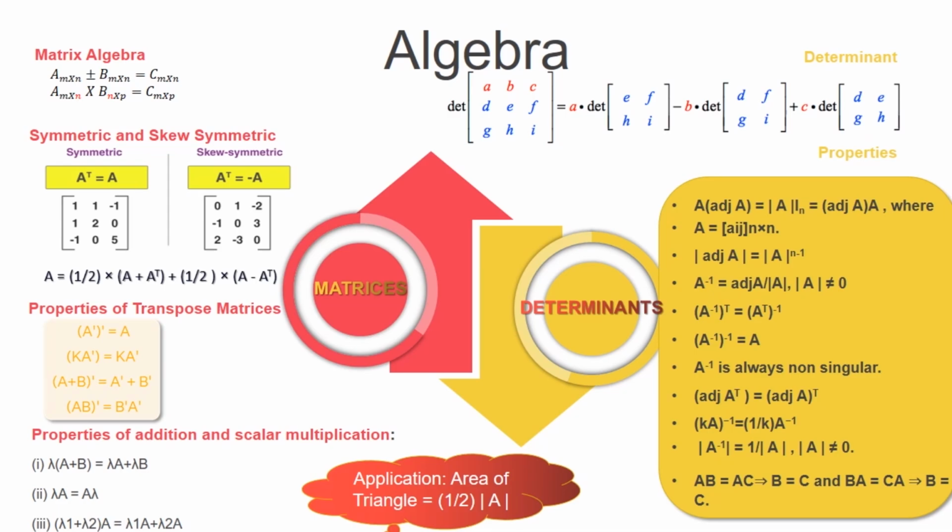And symmetric and skew symmetric, practice all the varieties of properties given in matrices and determinants, because most of the questions are solved based on that. Then you can complete the questions quickly, which will help you complete the paper on time. And properties of the transpose matrix, properties of addition and scalar multiplication. Remember, go through all the topics. And in determinants, you can expand the determinant along any row or any column.